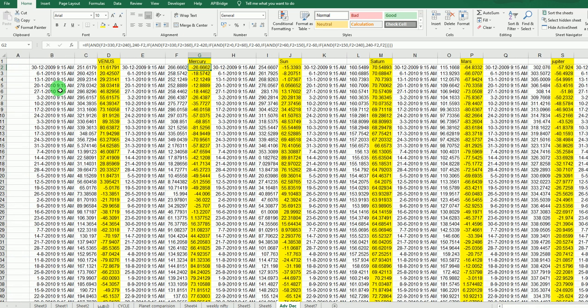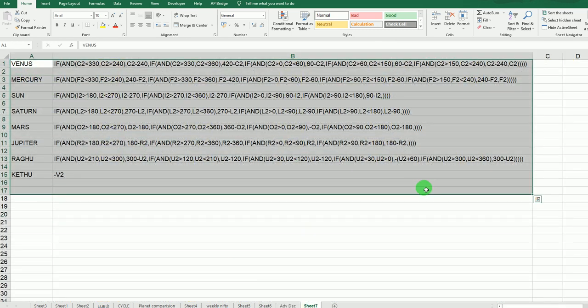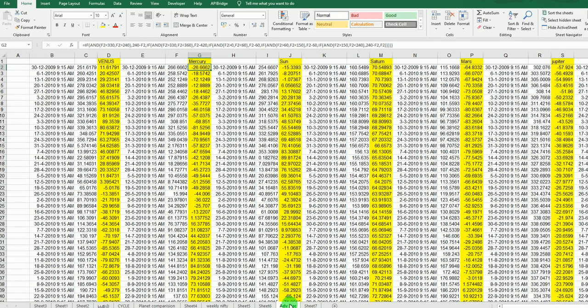Again I am showing because many people ask this. The first column you leave, the second column is the date, and the actual degree of Venus I kept here. After that I convert the Venus degree within 90 degrees. I explained the logic behind why it is plus or minus 90 degrees, because of exaltation and debilitation. Each planet has the same date, exact degree and conversion degree. Just like Venus, for Mars and the others, whatever the formula is, I just copied and pasted it in. This is the formula for Venus, Mercury, Sun, Saturn. Please refer to the video one more time, then you can take it back.